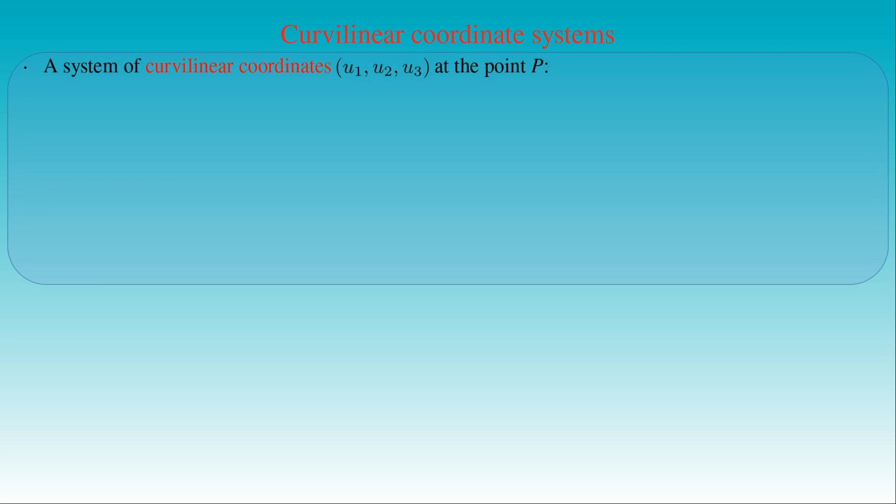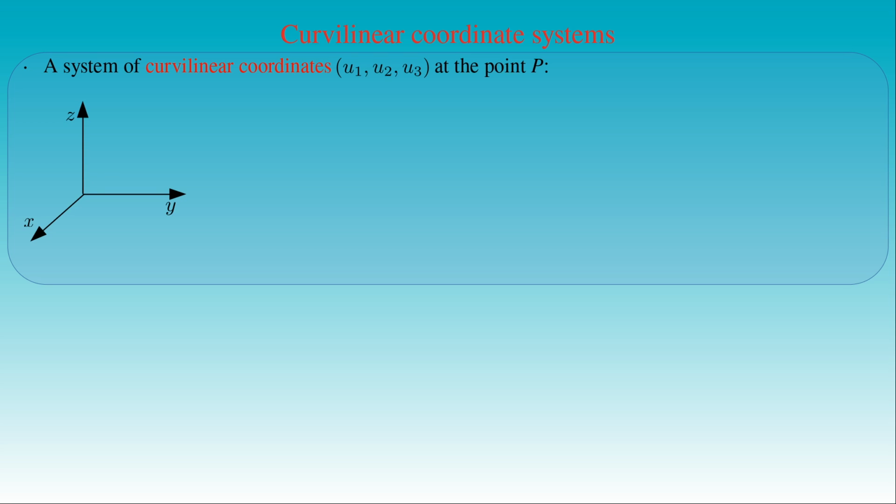For many types of motion it is more convenient to use curvilinear coordinates when we describe the position of a point in space, since these coordinates are more suitable for the geometrical arrangement of the given case, that is, they can be adapted to the symmetries of the problem. Let us denote the curvilinear coordinates of an arbitrary point P in the space with the triplet u1, u2 and u3. The most convenient method to define these coordinates is when they are given as functions of the Cartesian coordinates.